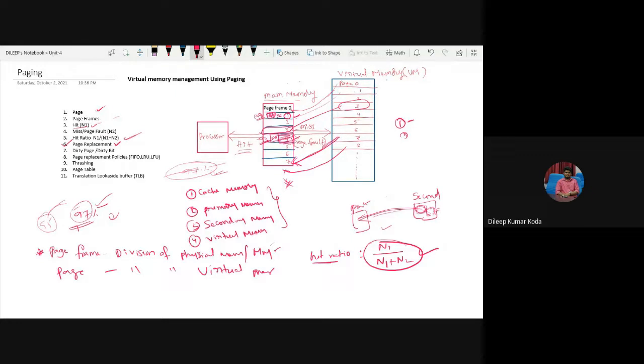That means you have to remove this page from main memory. Am I clear? So in this case, should I replace it directly with the new page blindly, or should I save the page in frame number 3 back to the virtual memory